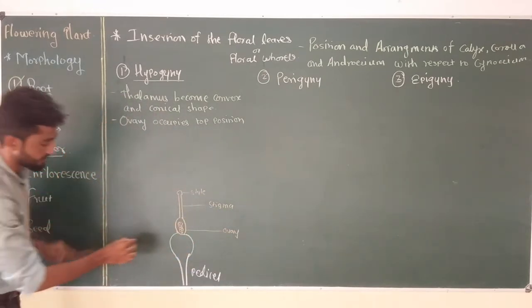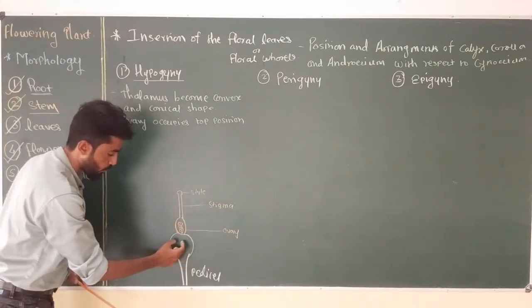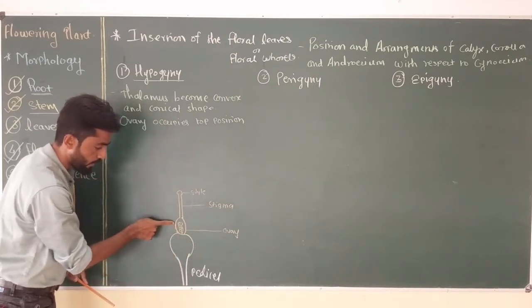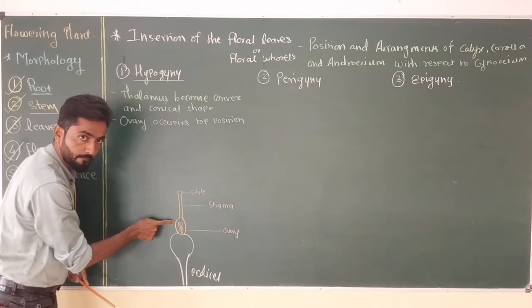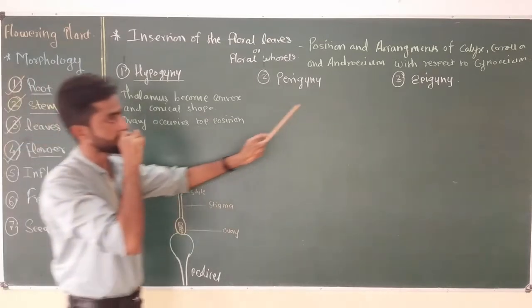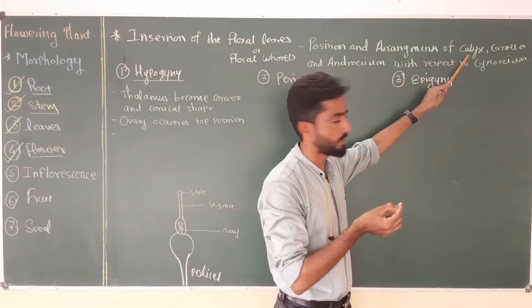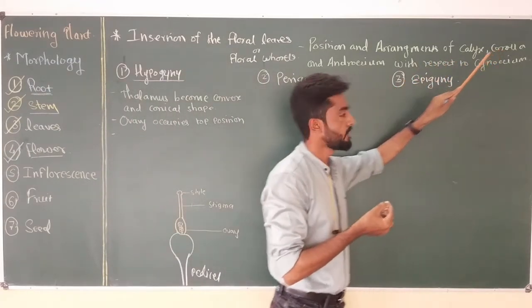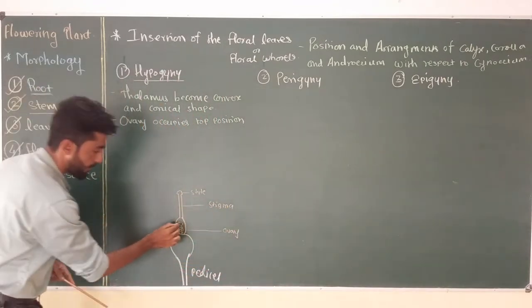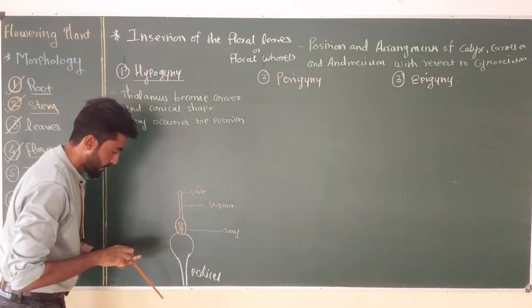So in this case, thalamus becomes oval, convex and conical in shape, and due to which ovary occupies the topmost position, while all other floral whorls, that is calyx, that means sepal, corolla, that is petal, and androecium, that is stamen, are inserted below the ovary. Okay, so you can find